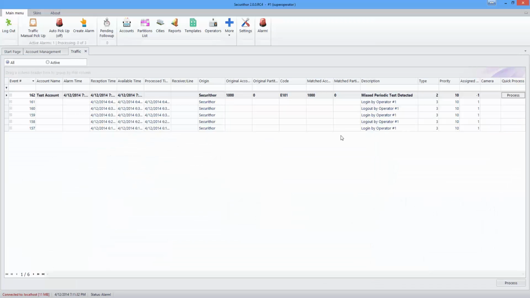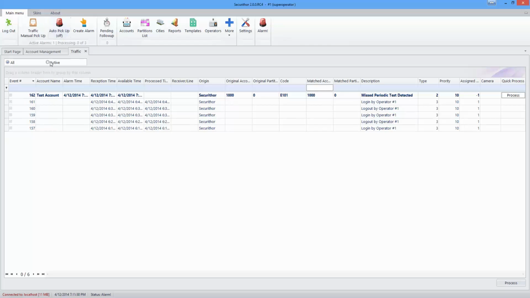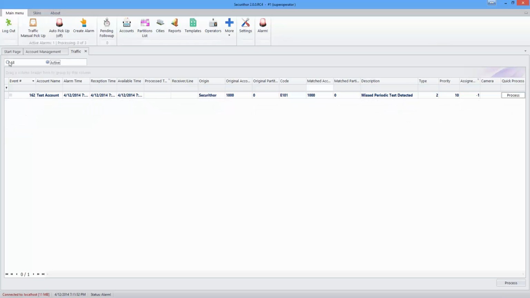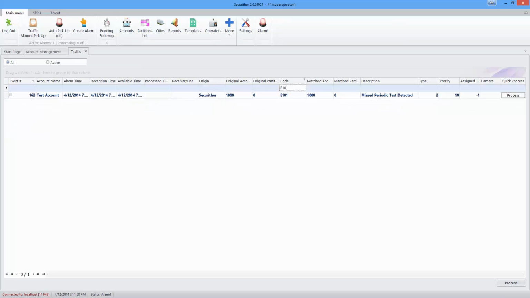Traffic is basically your history of every account. You get to search for whatever you want in this account. If you want every piece of information on account 1000, you just type it in. If you want to see only the active alarms, only alarms with E101, or even alarms starting with E only,